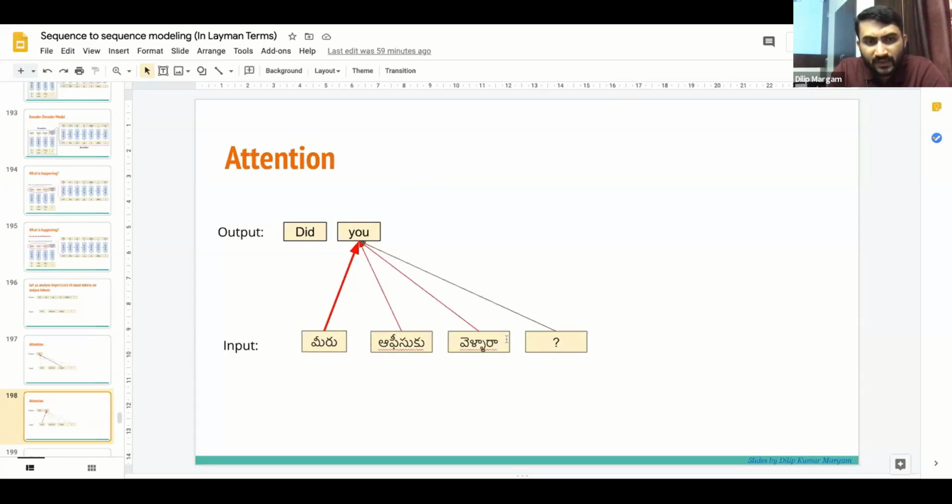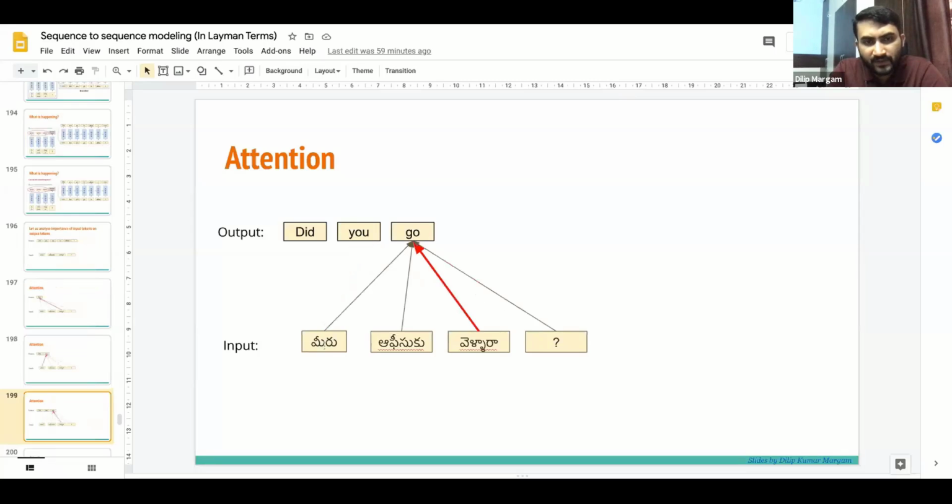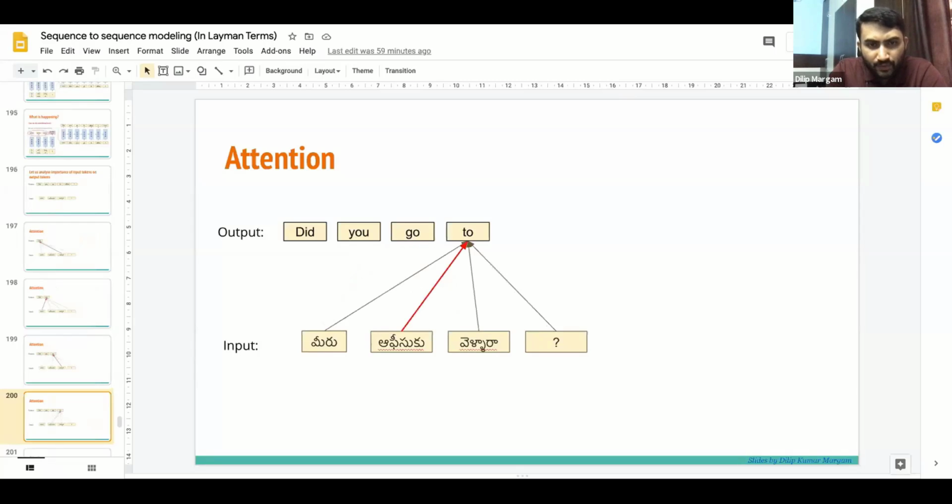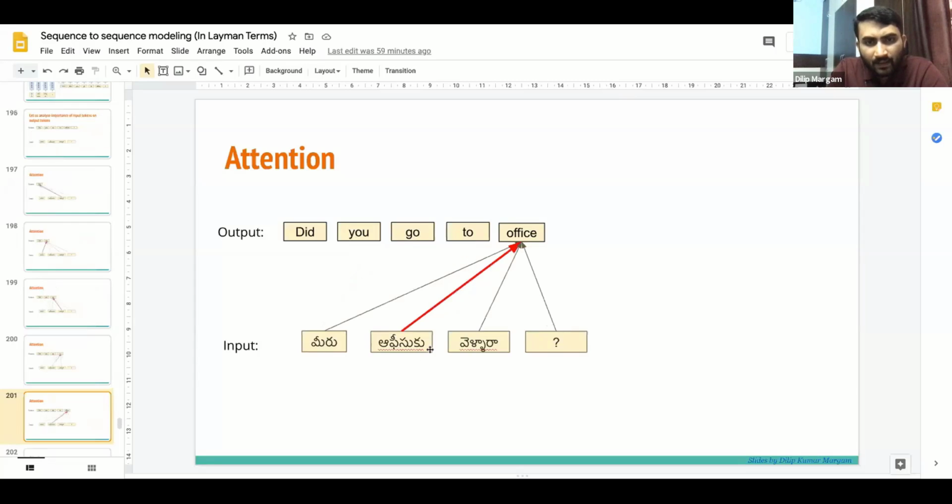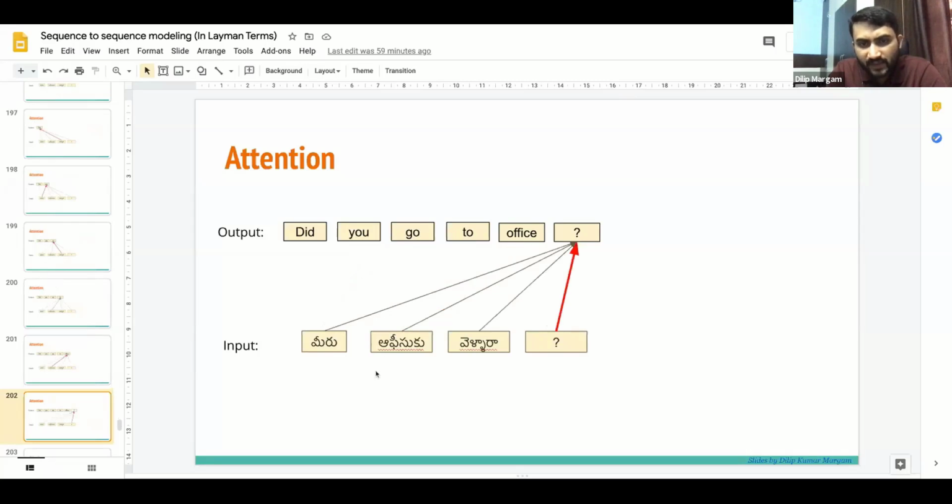The prediction of you mostly depends on miru. The next word, go, maps mostly to vellara. To maps to office ku, office obviously maps to office, and the question mark depends mostly on the question mark.